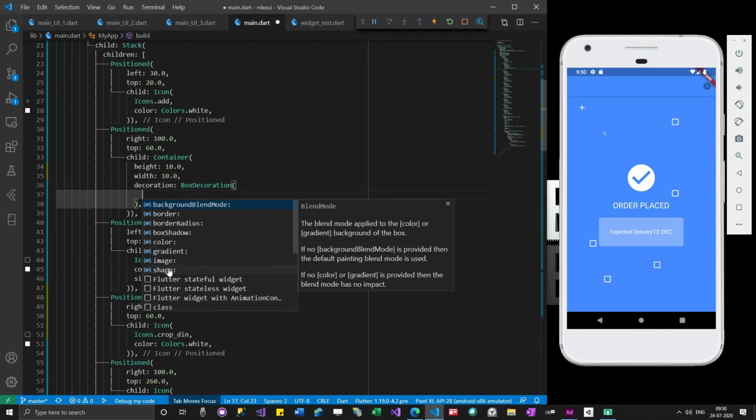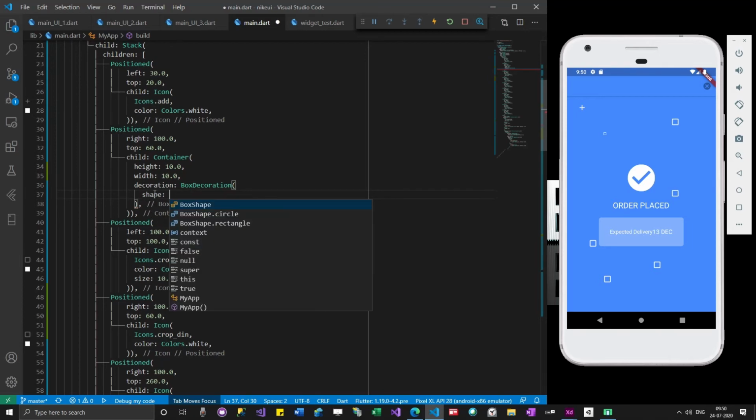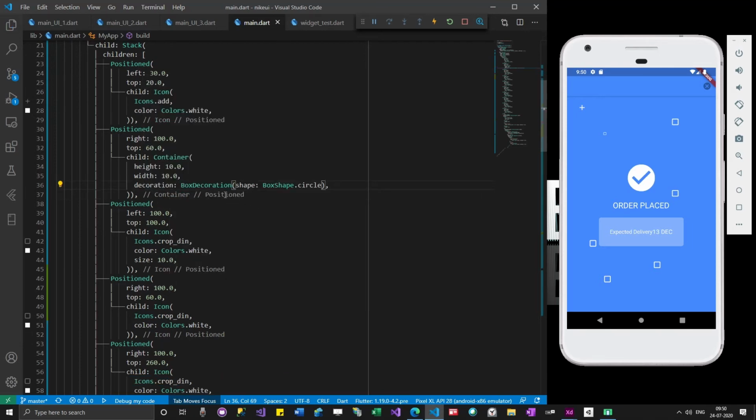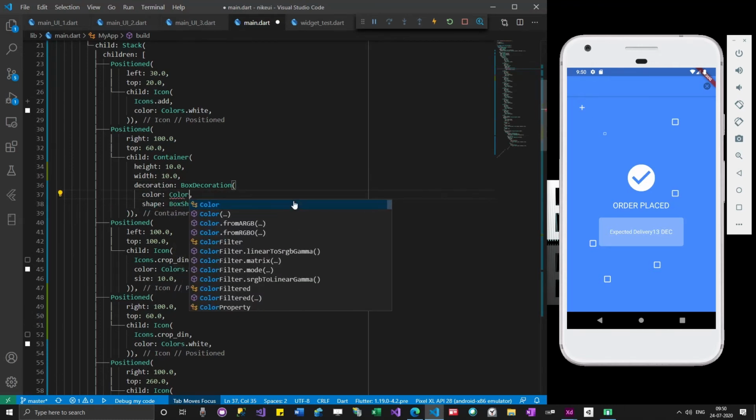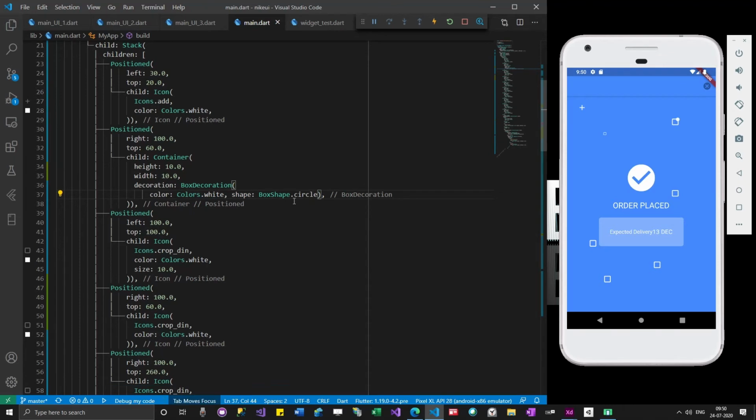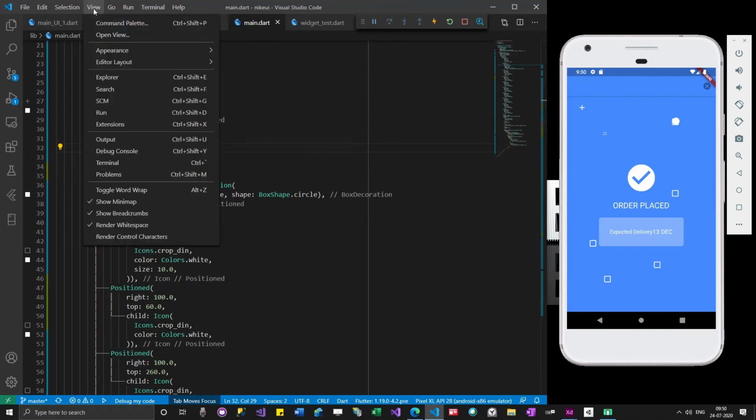Let me see if shape helps me. Yeah, box shape, that circle. You can see a circle has appeared here. So this code is giving me a circle.